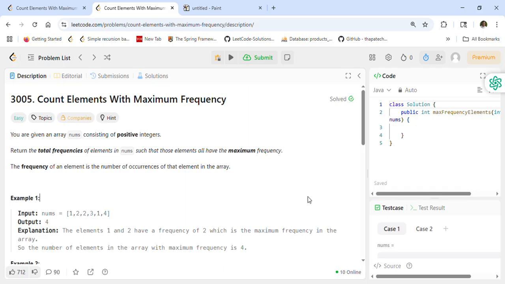Today we are going to look at and solve LeetCode problem 3005, Count Elements With Maximum Frequency, another interesting array related